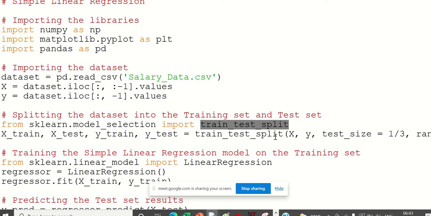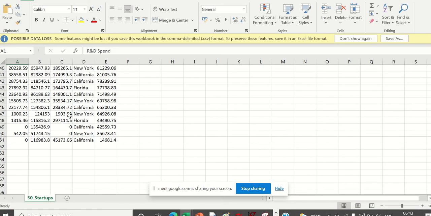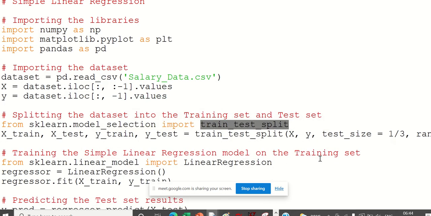What it will do is divide this data set, whatever we had. Imagine this is our data set now. Out of 51 data, it will split one third into test size. So around 15 or 16 will go for testing, and the remaining will be training.